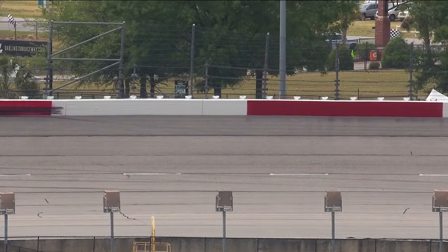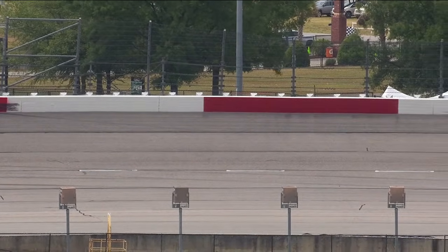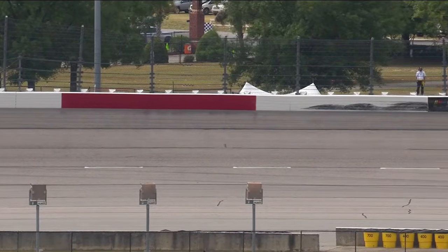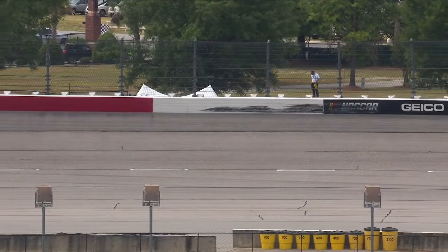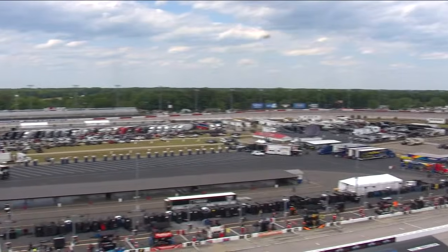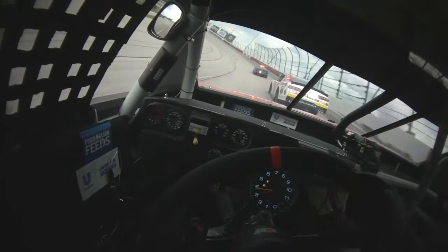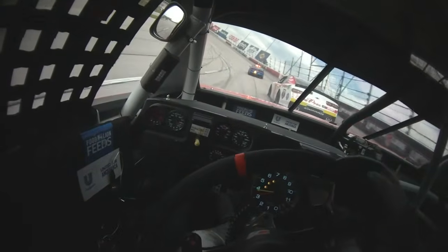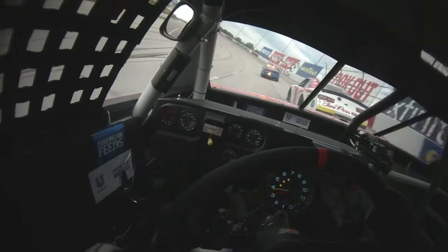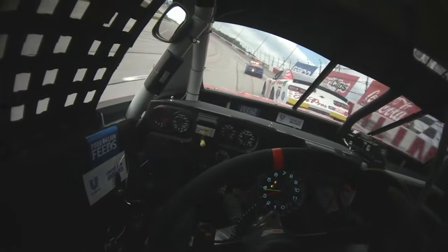Another one of those fine deals because of the history and the tradition that is here at Darlington Raceway. When we run up against the outside wall, there's so much history at this racetrack. What a story it would be if Josh Berry could pull off the upset this afternoon and take that JR Motorsports Chevrolet to victory lane. It really is, because Josh Berry is one of the crown jewels of Darlington Raceway. Back in the day, they had 4 crown jewels. Daytona, you had